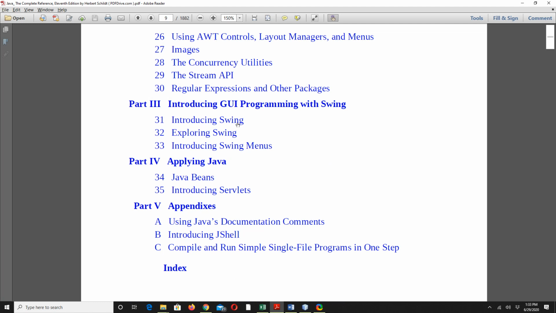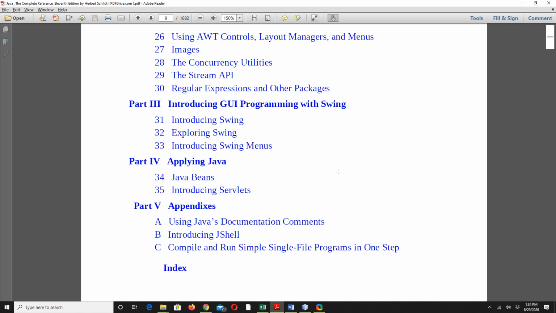So in this week that starts today on 29th of June, we will complete all these three chapters, which are very walk in the park. Introduction to Swing will be completed today, and then exploring Swing, and then a couple of examples from Swing menu. So these three chapters are actually kind of one chapter, because they all are talking about Java.Swing. Right. So hopefully we'll complete these three, and next week we'll complete JDBC as our database connectivity, because I know that many of you in your projects will be needing a database backend.